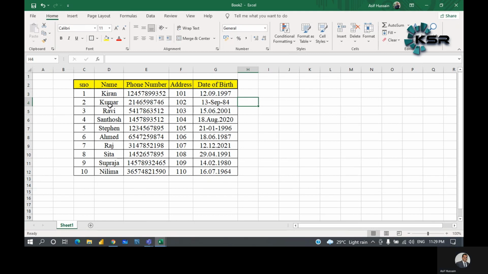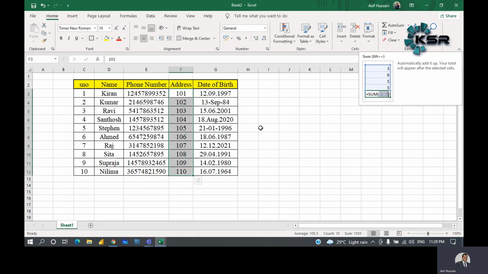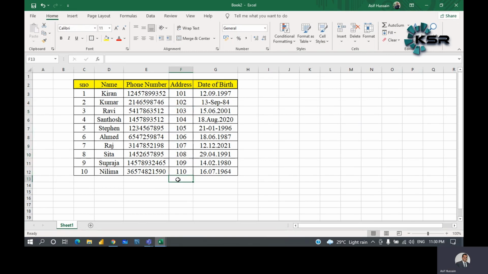So we have formulas. For example, if you want to add this complete column, it is not practical to open a calculator, type each number, add it completely, and then click here and type that total. It is difficult. So there are formulas in MS Excel where you can select the column and click on auto sum. The complete column will be calculated automatically, and the output will be displayed here. So this kind of information is like this.